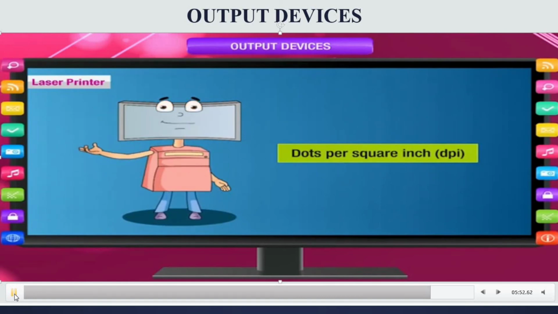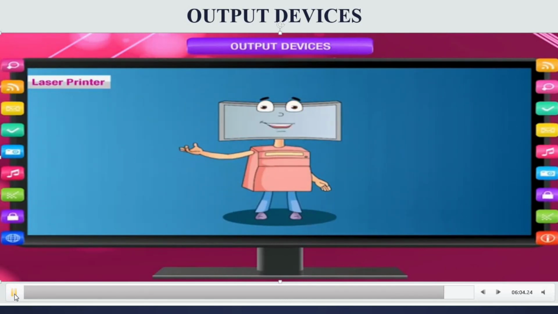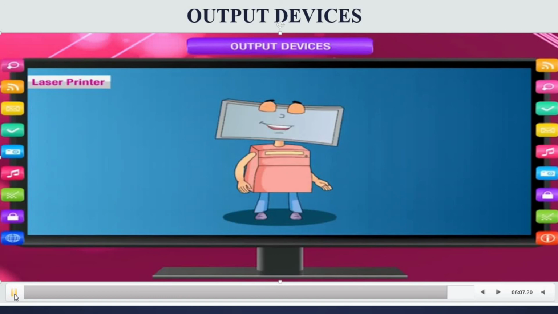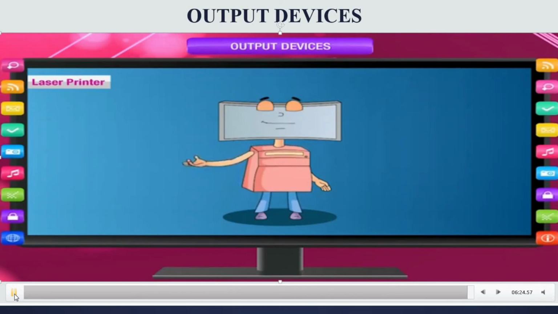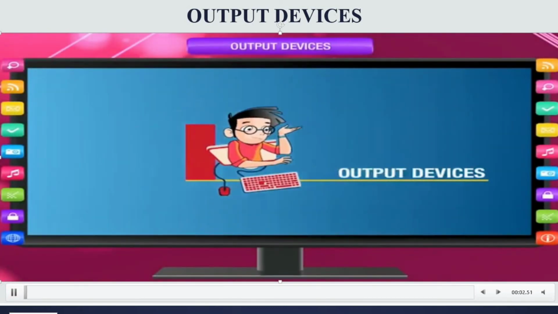The quality is measured in dots per square inch. So these are the output devices that we learned in this lesson. The monitor, with its two types, CRT (cathode ray tube) and LCD, where LCD is the most commonly used monitor type. And the second output device is the printer: laser printer, dot matrix printer, and so on.